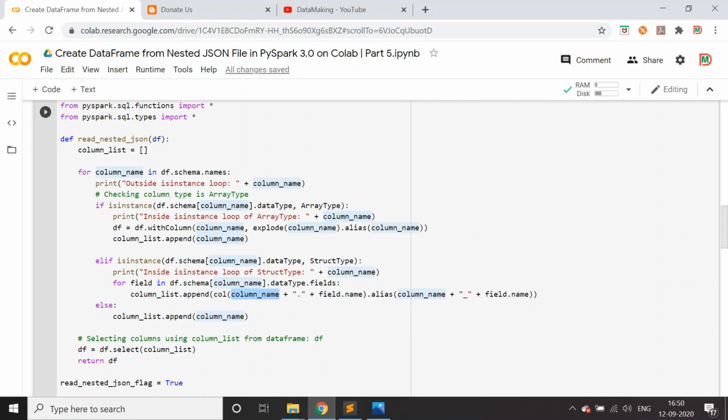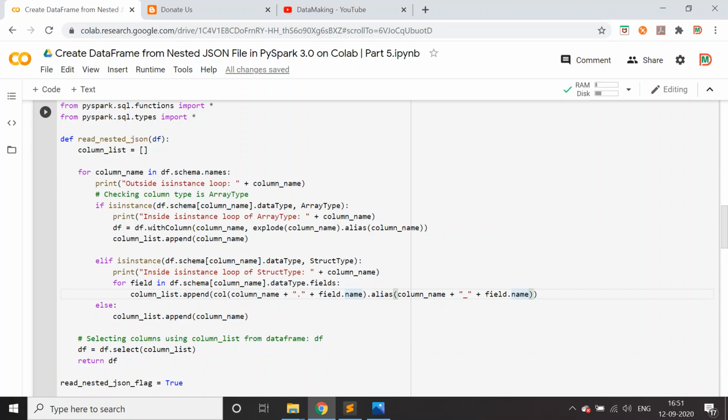So this will access check.check1, and you're creating that column name as check underscore field name, which will become your new column name in your data frame.